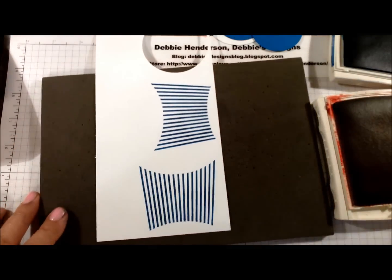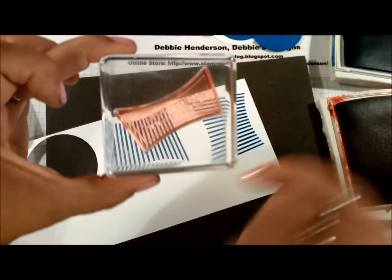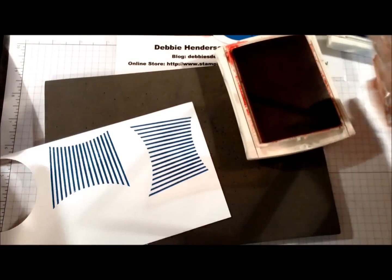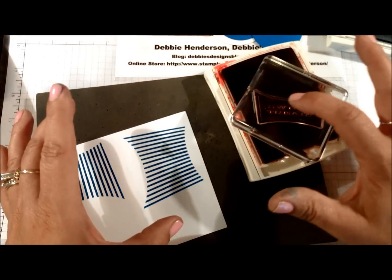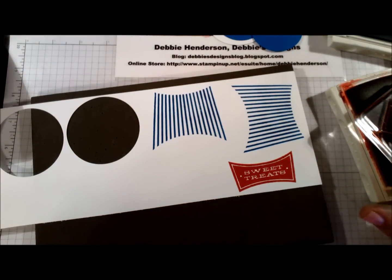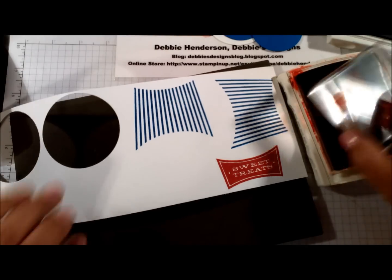And then with the Real Red ink, we're going to have the layer. It says Sweet Treats. Now, because this has the lettering right in the stamp image, when you ink your stamp, do not press hard on the ink pad because the ink will go into those letters. So what I normally do is just let it sit there and give it a little push. And as you can see, the lettering is nice and neat. Again, I'm just going to let it sit there. Just give it a little push